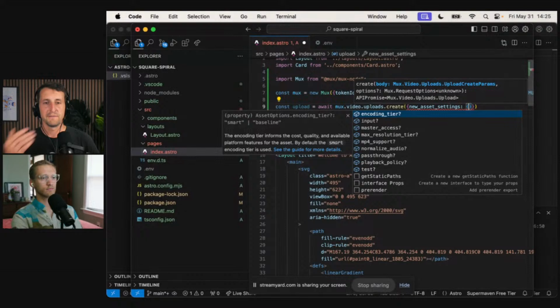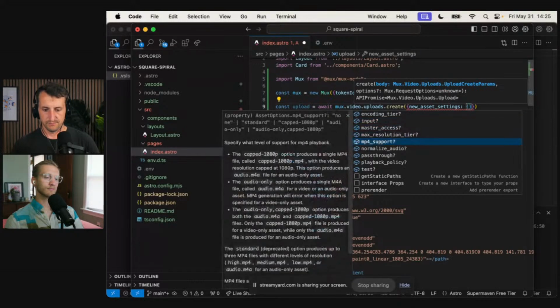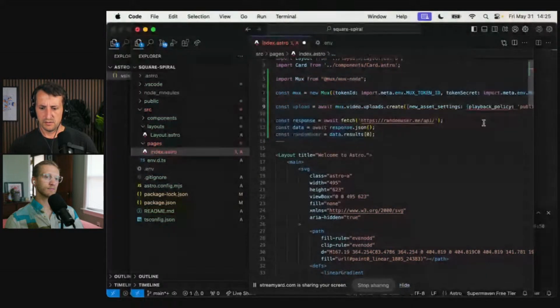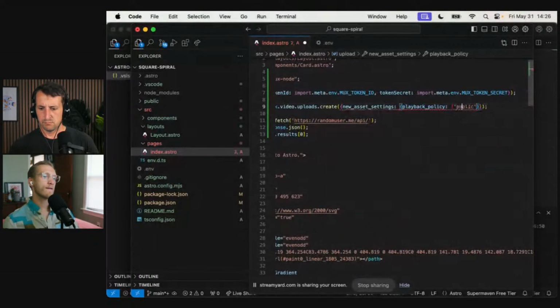All kinds of things can be defined here, but we're just going to take the easy route and specify the bare minimum, which here is not too much. We'll get a playback policy. I think that has to be an array. That's an array. Yeah.